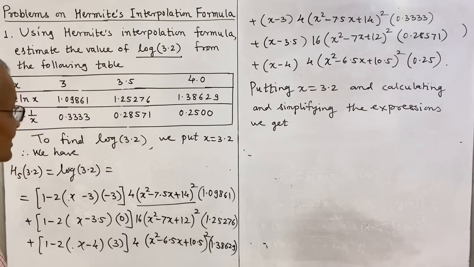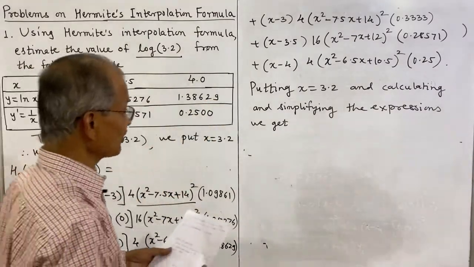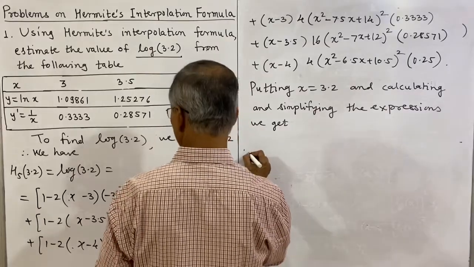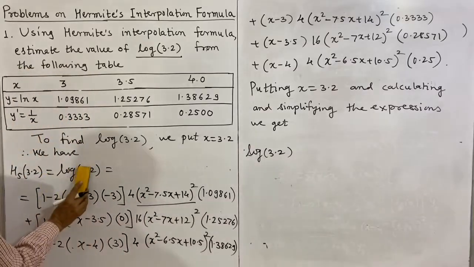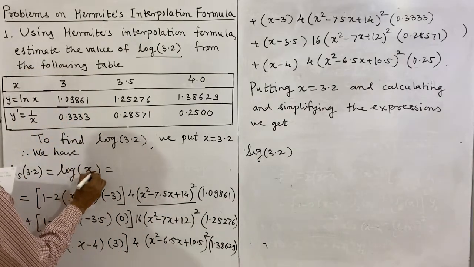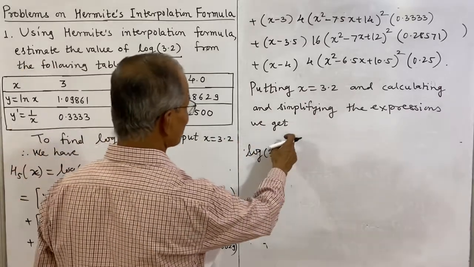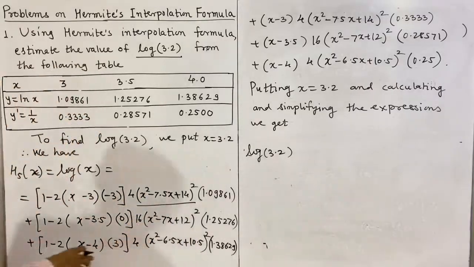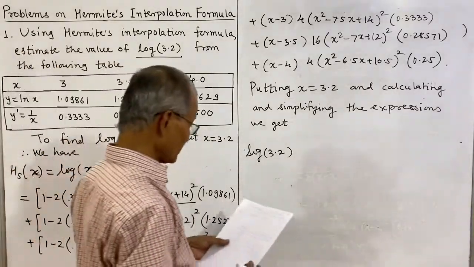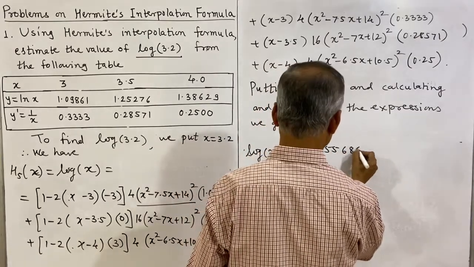the first term. There are 6 terms. We have the value of this term after putting x is equal to 3.2, so log 3.2. Actually we have not used the value of x here, so let it be x only. We have, and then we will put x is 3.2. So it is log of 3.2. Everywhere we have to put x is equal to 3.2, and the expression becomes, the first term is like this, 0.556863 plus